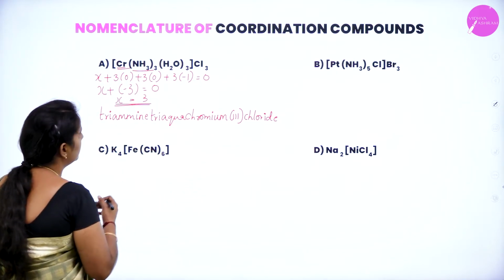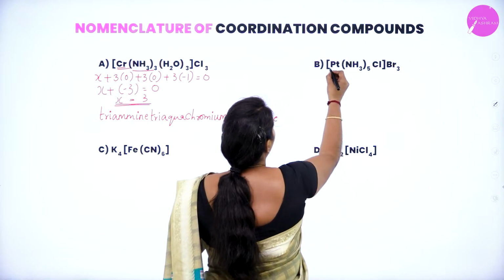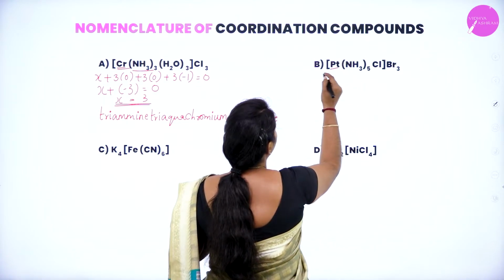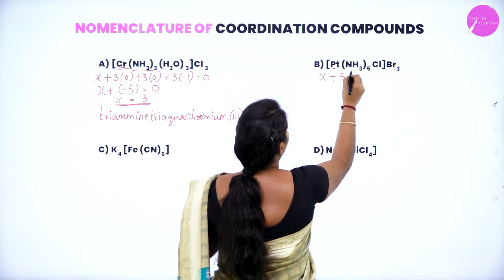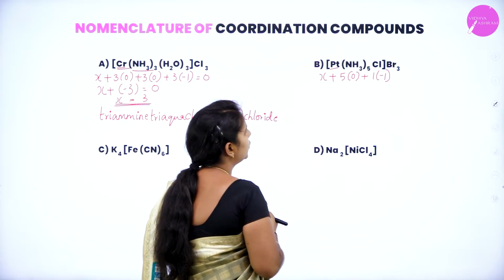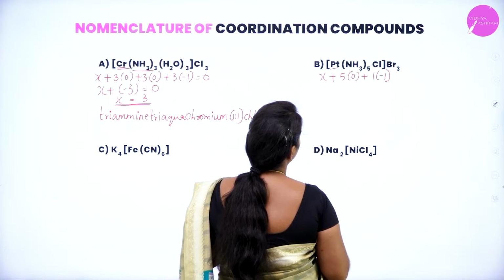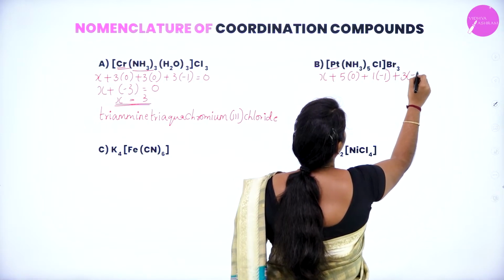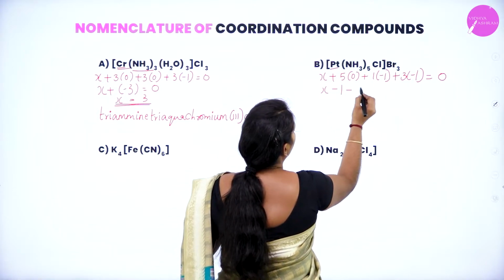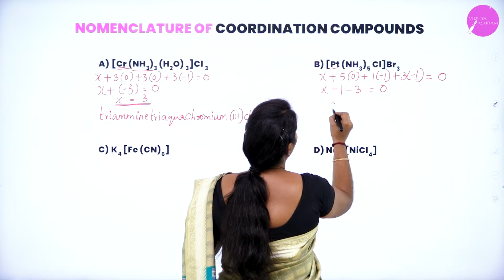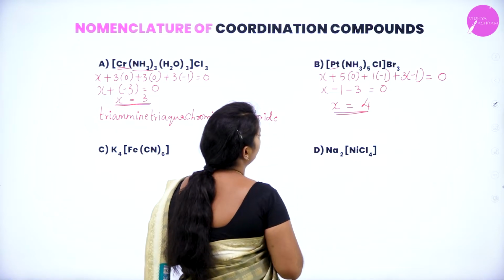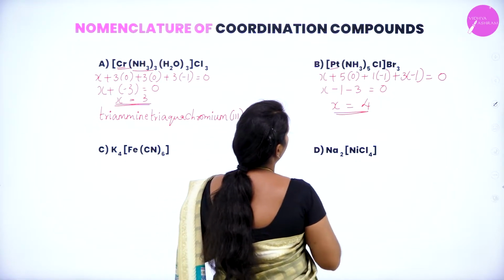Okay. Next, I'll go with this example. Platinum is my central metal atom. I'll go with the oxidation number calculation first. For the platinum, I'll consider X plus 5 into 0 plus 1 into minus 1. For bromine again, it is minus 1 plus 3 into minus 1, which is equal to 0. Then X minus 1 minus 3 is equal to 0, and X is equal to 4. So what is the oxidation state of the platinum here? 4, and it will be named as